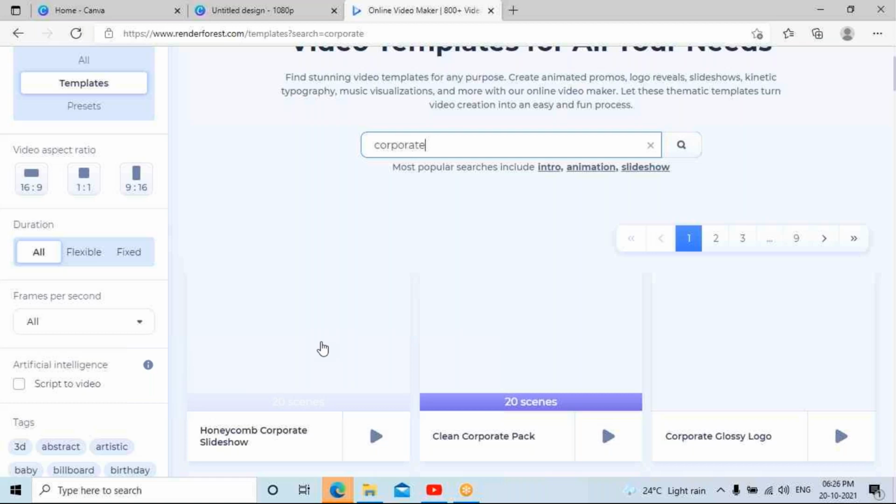Let me check this, whether it is going to be relevant to my concept. So I can check the template by running it.